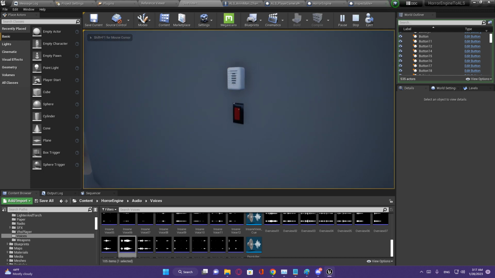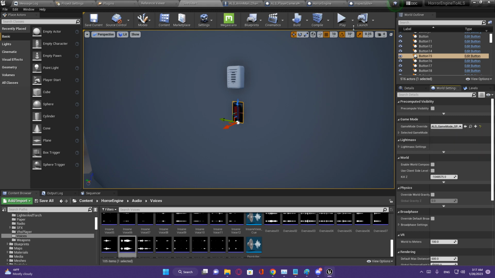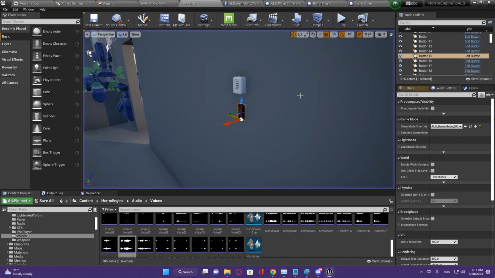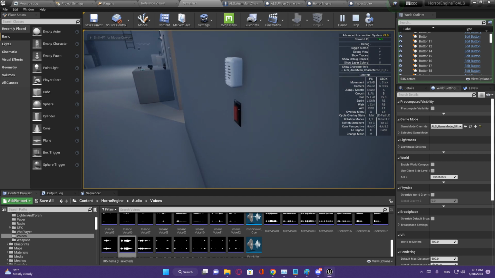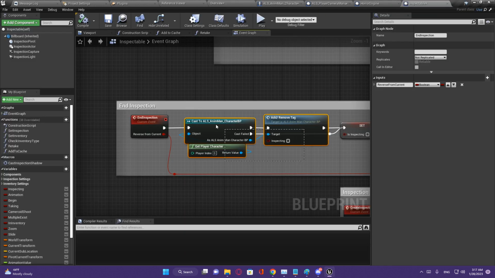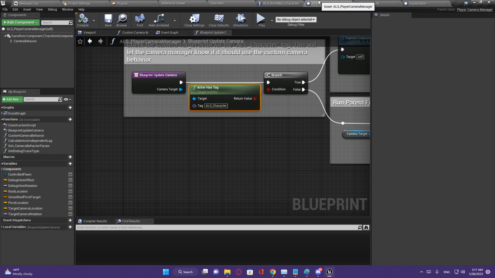Alright, do you see that effect? Now let's try it with ALS. You see? That effect isn't there because that's a post-processing setting. Now if we are using the C++ code, it will just work, but since we are using a different method which requires us to use this tag, we'll need to call this whenever we want to use a post-processing